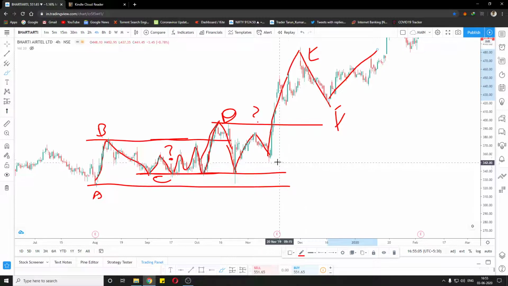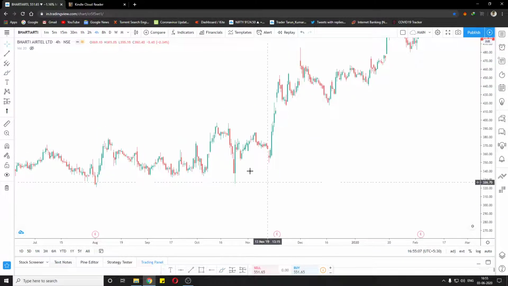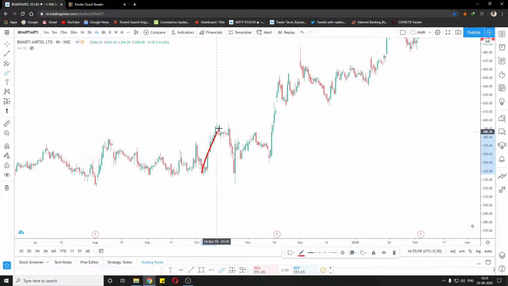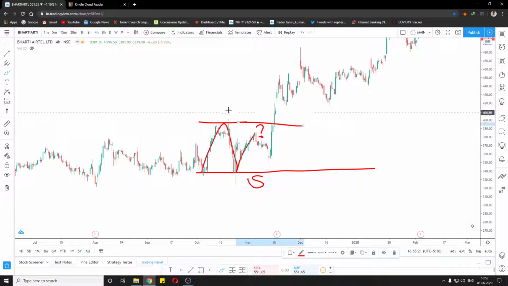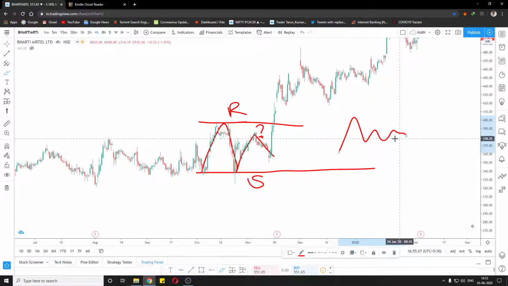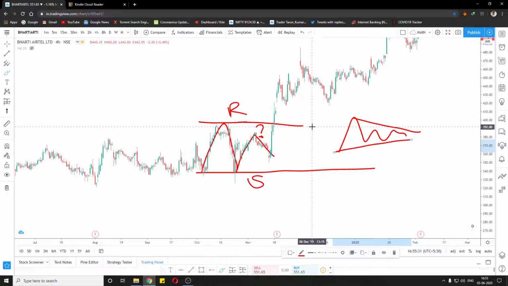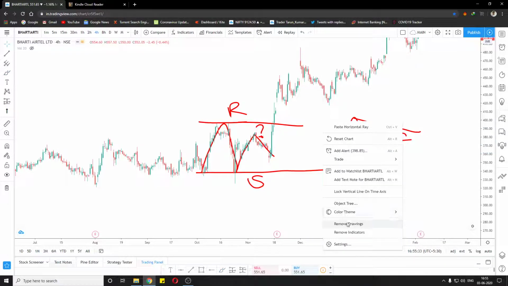Whenever we fail to make a high or a low, for example, this, we did something like this, the market failed to cross, we put a question mark on what's happening. It is above the support and it is below the resistance. So this is when we form triangles, because the market will do something like this. So we'll have a triangle. I'll talk about triangles and the other patterns in some other video.